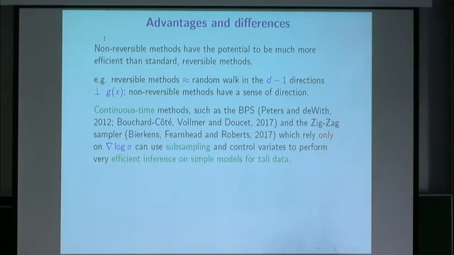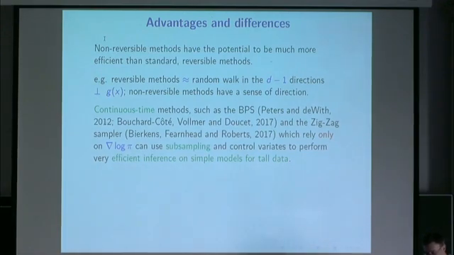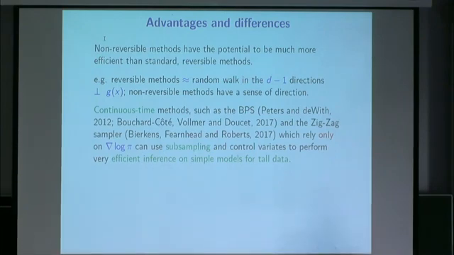Okay, now that's any non-reversible, anything with a sense of direction. The one I've just showed you, the BPS, is a continuous time algorithm. And there's another continuous time algorithm, the zigzag sampler. And the only thing I needed to know there was grad log pi. Yeah, I just needed to know it, because if I was going downhill, that told me when a bounce would happen. And I looked at grad log pi then, and that tells me the angle I'm going to bounce off at. That's all I needed to know.